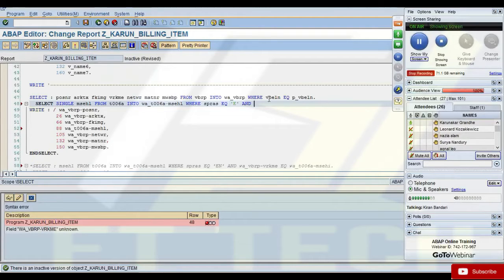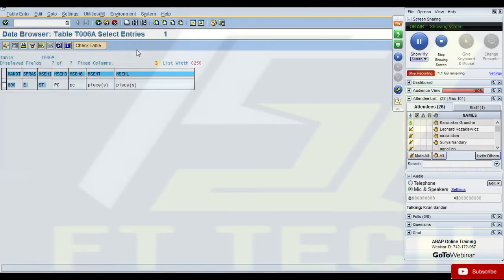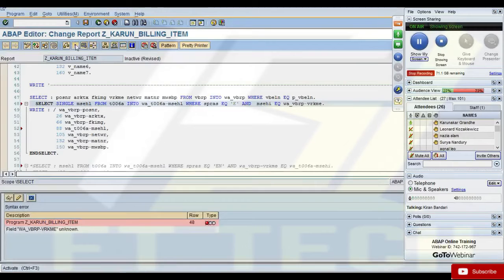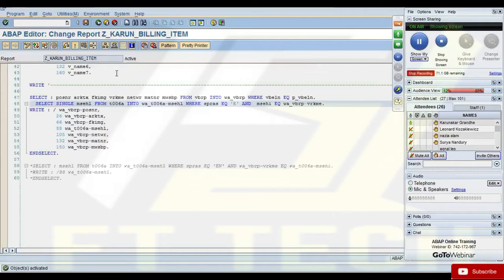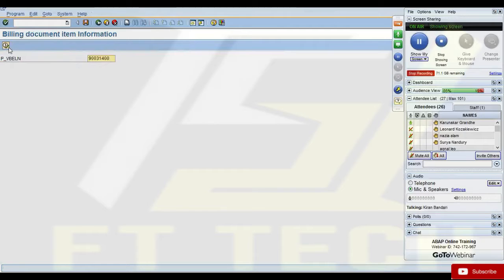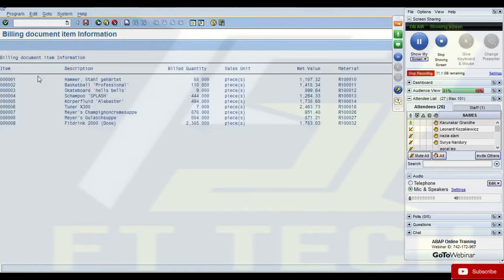Okay, it's spras first and this here in this table, right? So now it should print pieces also. Okay, thank you.